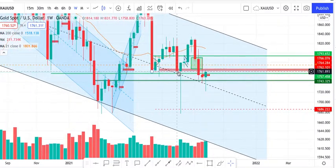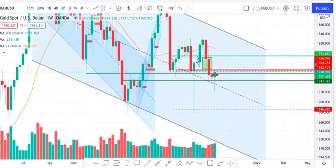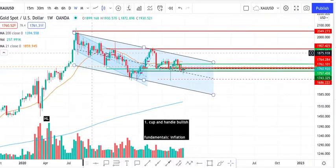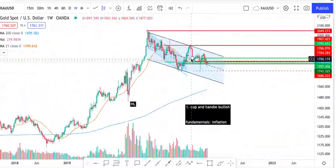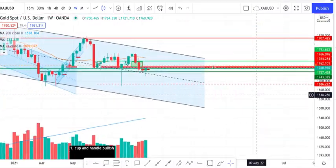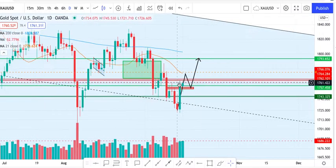So that means that this dotted black trend line is holding up for support pretty well. We still have to be a little cautious because this has been in a downtrend for the longest, but with so much printing going on, obviously we are bullish, and like I said in the last video, we are in this handle phase. But what's giving me confidence is, let's go down to the lower time frame,